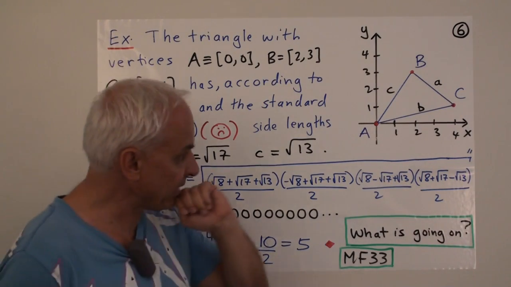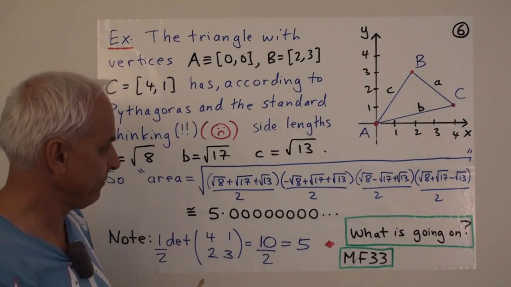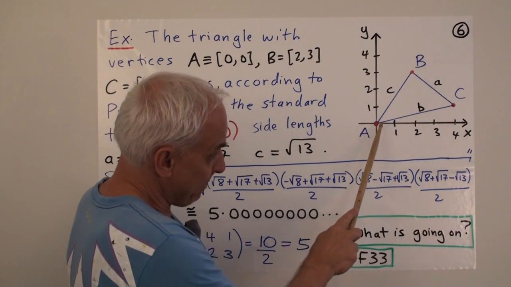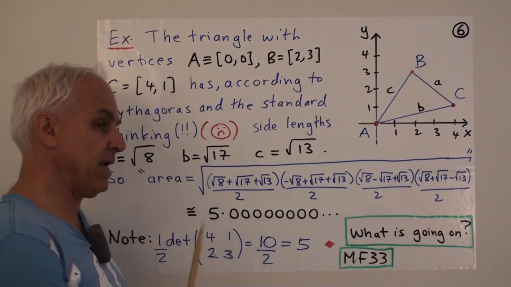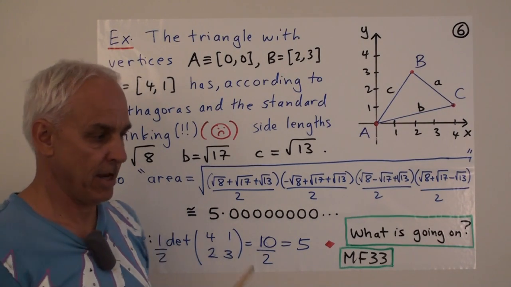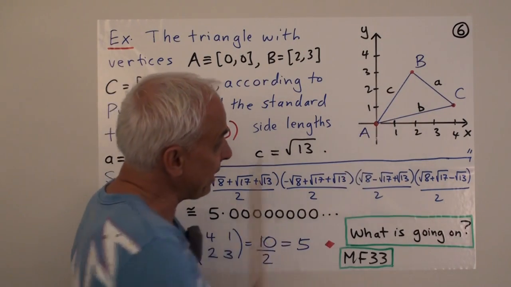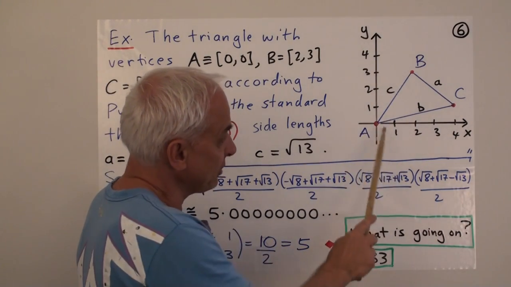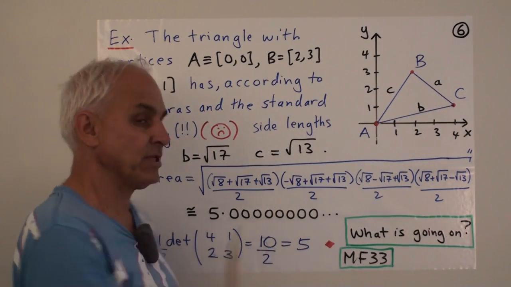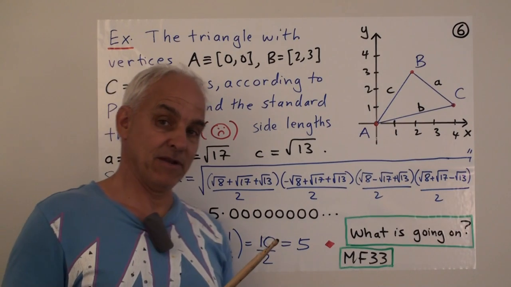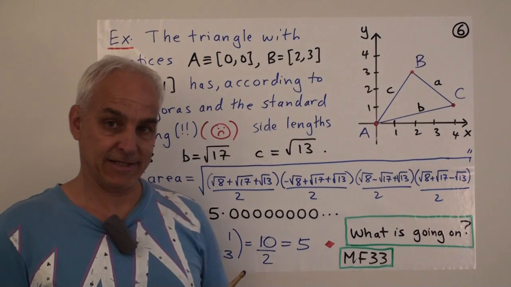Alright, so let's carry on with the thinking and let's have a look at the other two side lengths, in quotes. This B here, well, it's the hypotenuse of a triangle with sides 4 and 1, so its length will be square root of 17. And again, that should also be taken with a grain of salt. And what about C, this length here? Well, there's 2 here and 3 here, so 2 squared is 4, 3 squared is 9, so we're talking about the square root of 13. So if we believe in doing an infinite amount of work, then we can look at these things and say, we found the 3 lengths of this triangle.